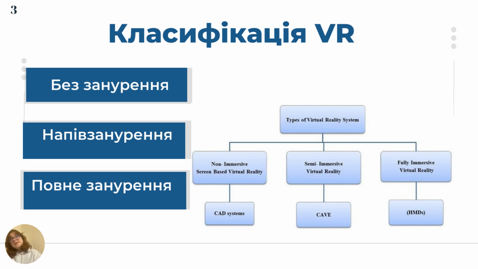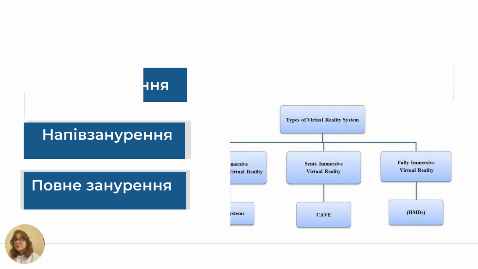Fully immersive virtual reality, the last one, gives the user the most realistic simulation experience with visual and sound. In order to experience and interact with fully immersive virtual reality, the user needs proper virtual glasses. It's called a head-mounted display, and it also allows you to track your own movements in real time. So it's a great example where we have this head-mounted display. It can be games, virtual excursions, and other experiences.